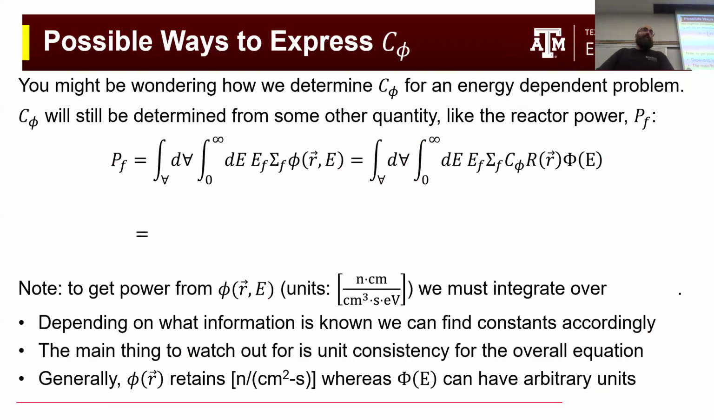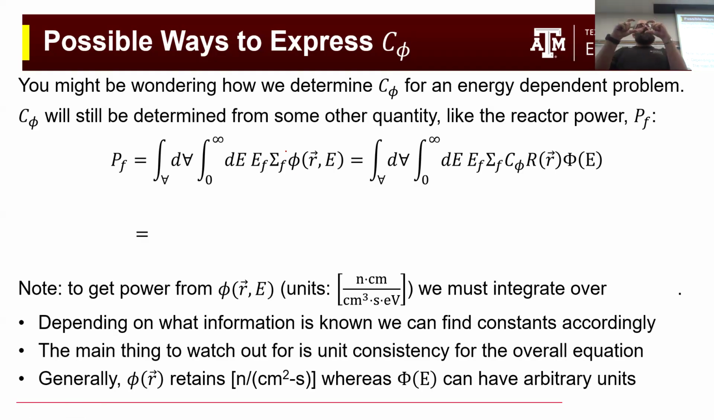So like if we wanted to find that C of phi, we would need some other quantity, like maybe if we knew the reactor power, then we could determine what that flux constant was. And so by definition, if we have an energy dependent scalar flux, then the way that we would get the power, when it was the regular scalar flux,